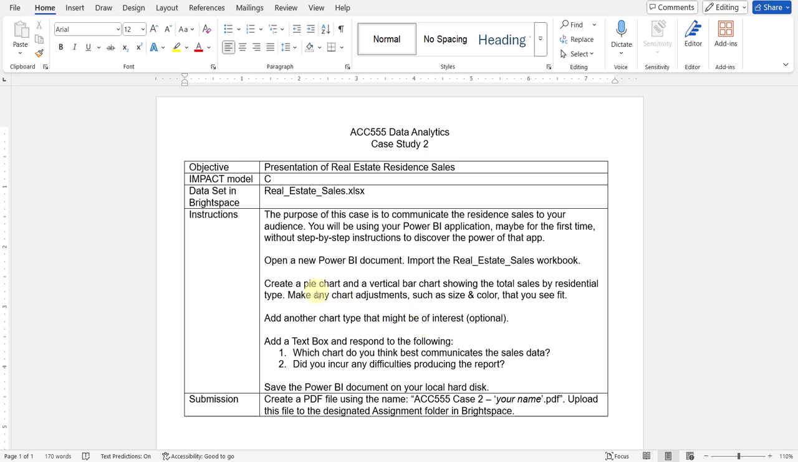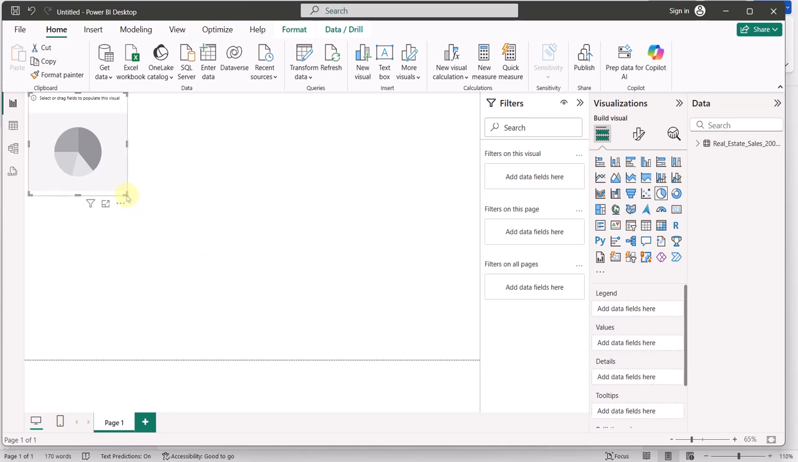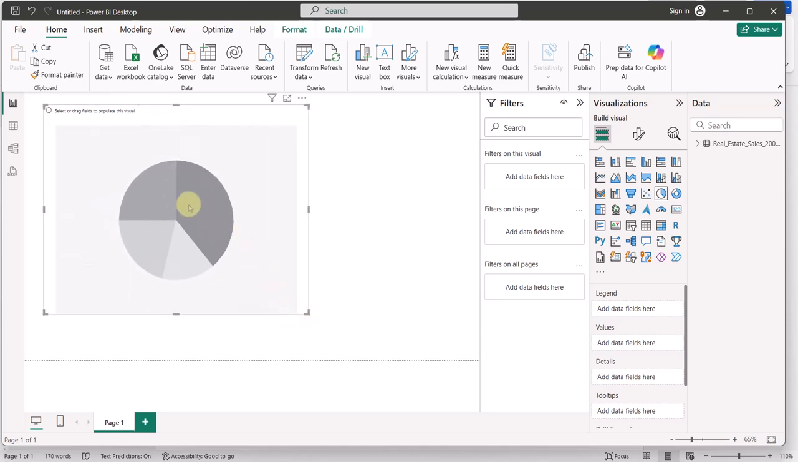Back to the instructions, let's create a pie chart and a vertical bar chart showing the total sales by residential type. All right, let's try the pie chart first. Total sales by residential type. Okay, so we have the visuals here, and we can certainly see that looks like a pie chart. So I'm going to say pie chart. And it puts it on the page. And let's see